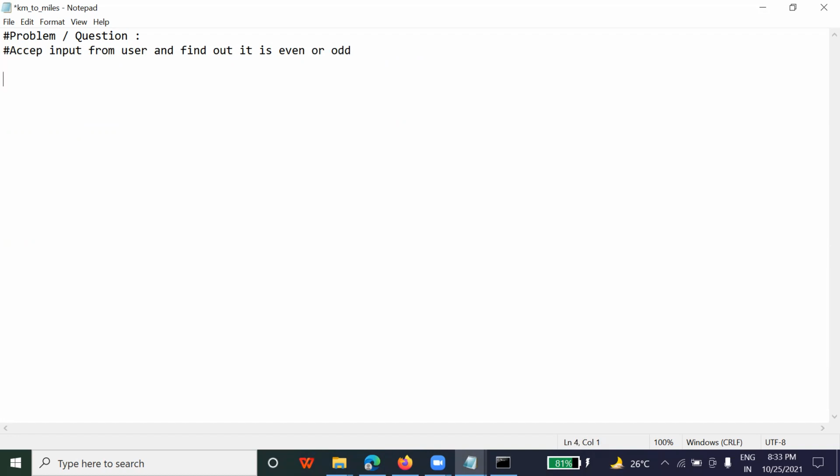Now I am going to teach you the condition here. For that, we need to accept the number. So I'm creating one variable, number. This number I'm taking as integer type. So int input, and inside this I'm printing, enter the number. So the user will enter a number here. Now the next thing I am applying, let me write down the code, then I will explain.